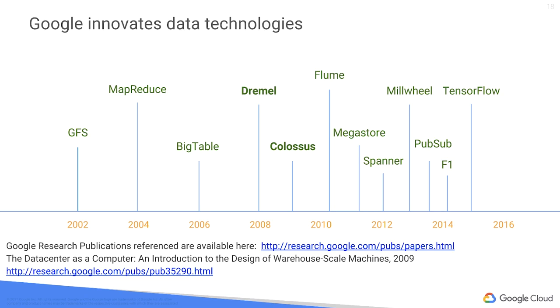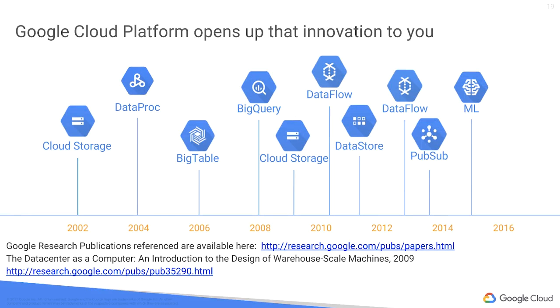Not content with that, in 2008, they released the Dremel white paper, which is processing queries over smaller chunks of data, but doing it massively in parallel and having that done through SQL. And that, the Dremel technology, plus Colossus, which is the massive hard drive in the cloud, those two technologies form the basis of what was then BigQuery and Google Cloud Storage as well. So as you can see, Google has opened up those technologies to you as part of the Google Cloud Platform